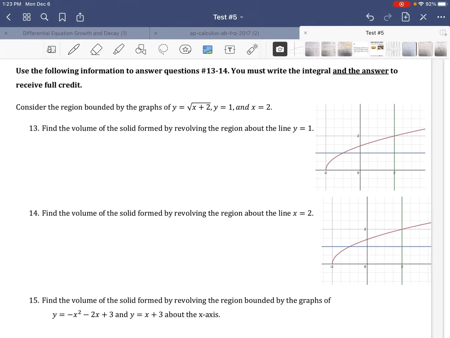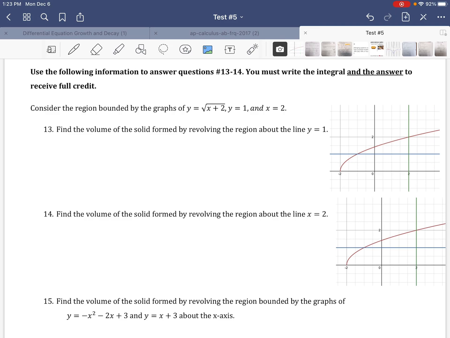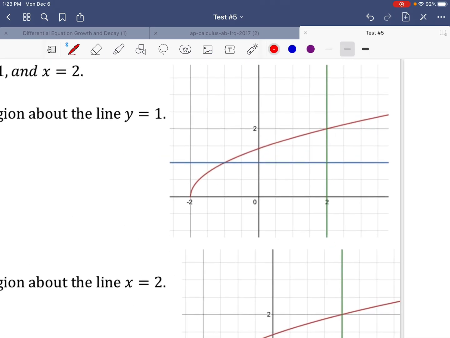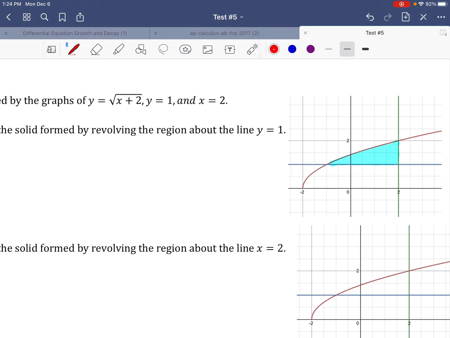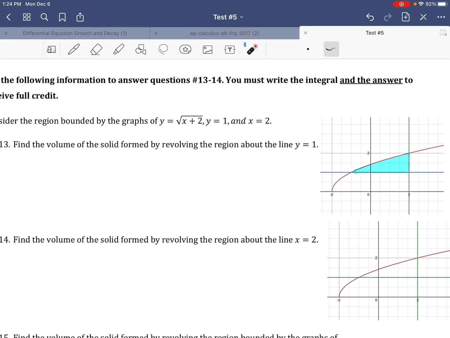Okay, numbers 13 and 14. You had a calculator, so the first thing to do is get a good sketch of these things. We had some issues with the region. When you're talking about the region enclosed by these three curves, you're talking about this region. It has to be utilizing all three curves to be enclosed. The region down here is not being enclosed at all because it never mentions the x-axis being one of the